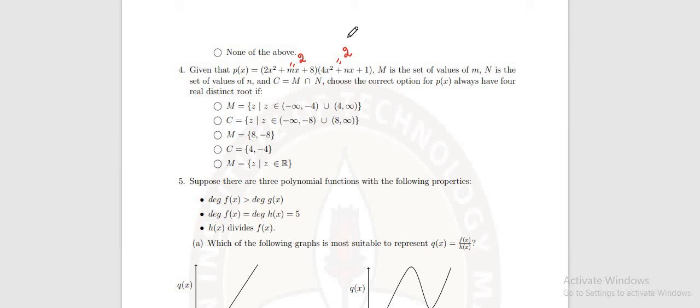Now let's find out the individual criteria for when both quadratic equations have real and distinct roots, and then we will find the intersection of these conditions. We will claim that the intersection we obtain, that is C, will give us the criteria that p(x) always has 4 real distinct roots. So the equation that we have is